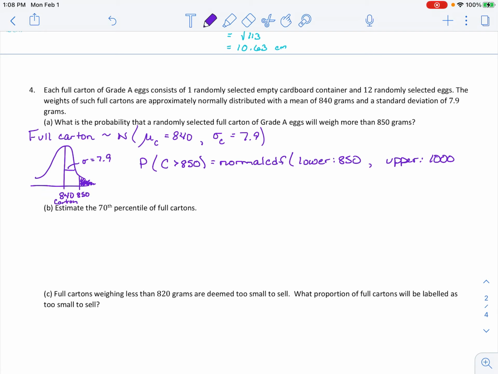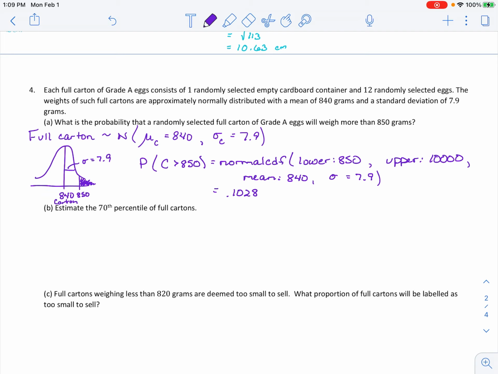I think 1,000 is probably large enough, 850 is pretty large already. Maybe I'll put 10,000 just to make sure. I have a feeling it won't matter, but I don't want to be wrong. Standard deviation is 7.9. Okay, so when I put that in my calculator, I get 0.1028. So a little over 10% of the time,